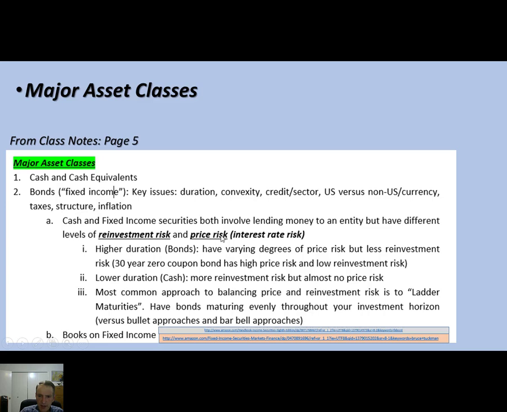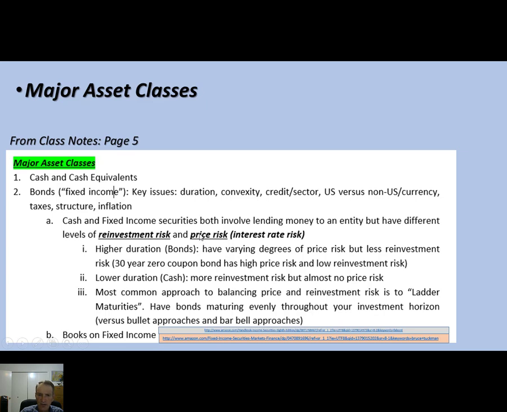The second risk is price risk, also known as interest rate risk. I talk about this quite a bit in my risk management class. Price risk is the risk that interest rates will rise and bond prices will fall. Bonds and interest rates usually go in opposite directions. Cash has almost no price risk. When interest rates rise and fall, if you have $1,000 in your bank savings account, it's always $1,000. It doesn't matter what interest rates do. But if you buy a 30-year Treasury bond and interest rates rise, that bond could probably drop in value 30%